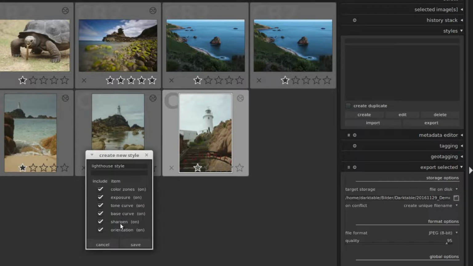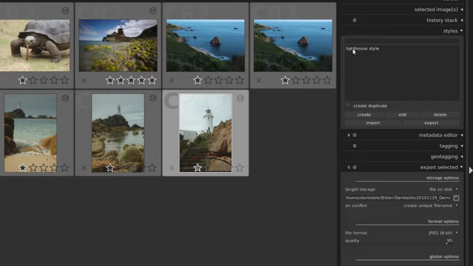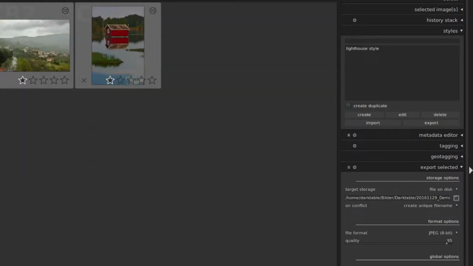And these are the different modules that are used in Darktable. You can choose which ones you want to include in the style. So if we include everyone, just hit save, and then we get a list here of all our styles. And so now we can take this style and, let's say if we come back some other day, we have other images,